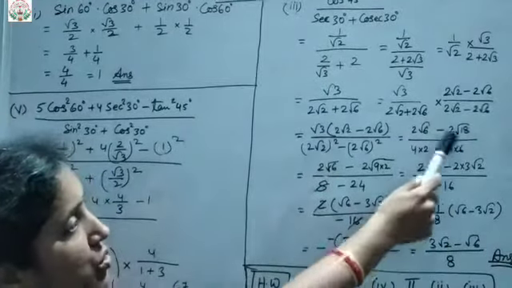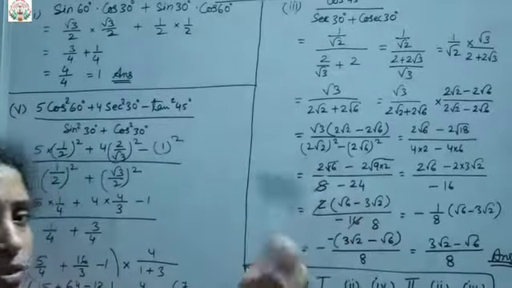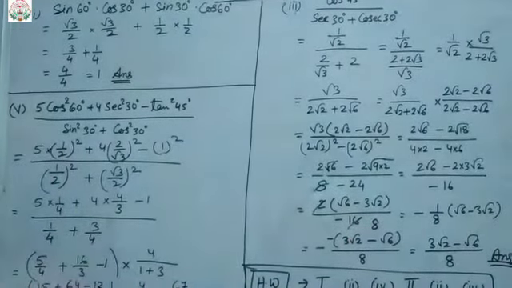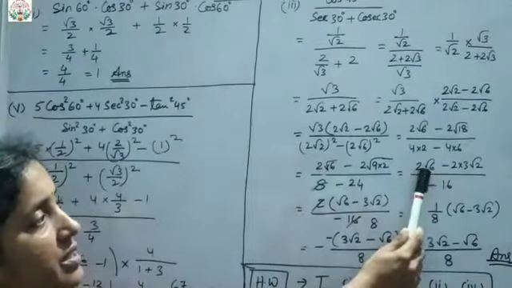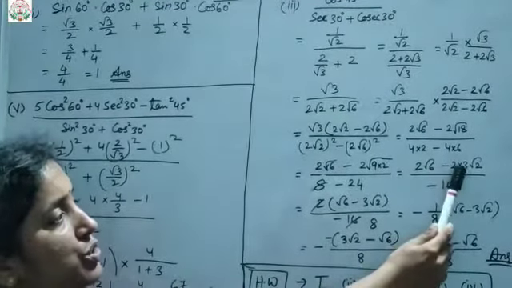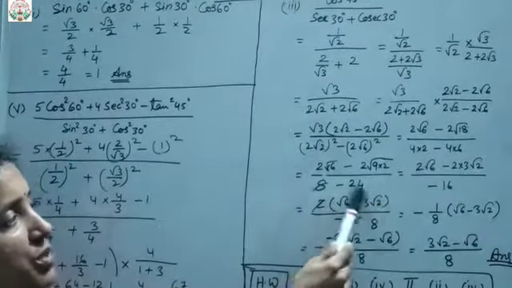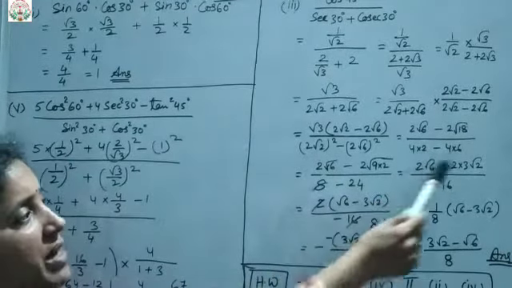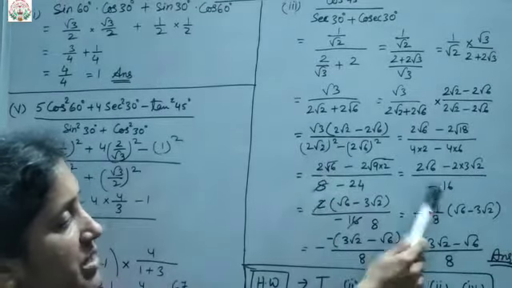Now you know that this 18 I can write as 9 into 2, means separate, is it not? 9 is a perfect square, you know, so 3 will come out. So it will be 2 root 6 minus 2 into 3 root 2, upon this one, simplification: 4 twos are 8 minus 6 fours are 24. So on subtraction you will get minus 16.